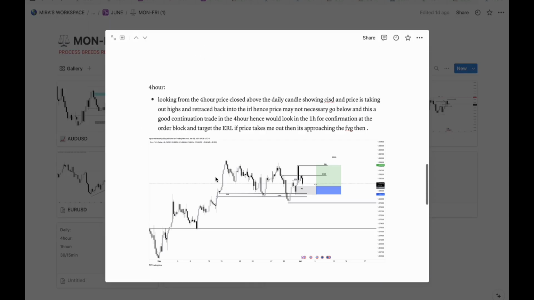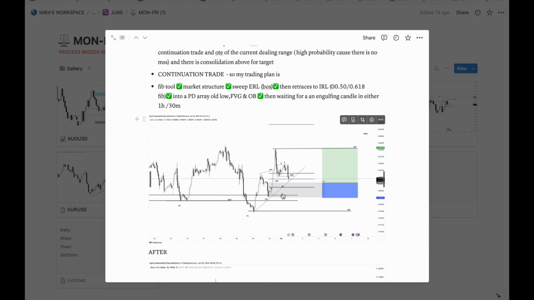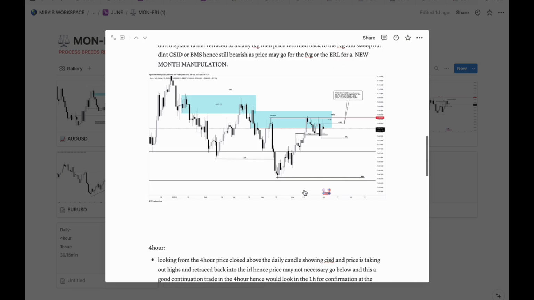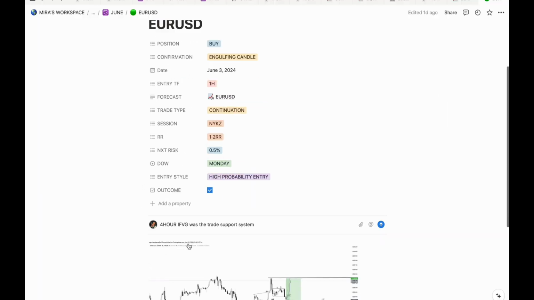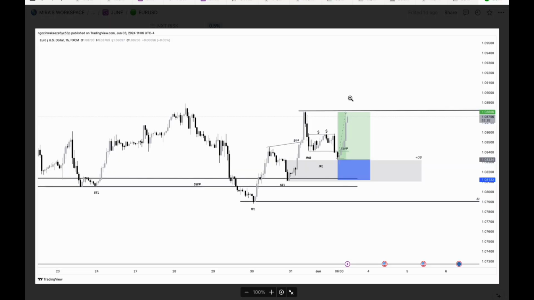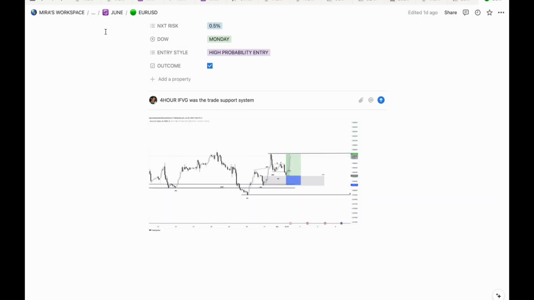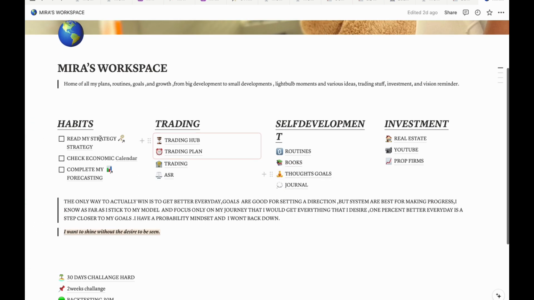Every day by 8:30 a.m. I do this after. As you can see, this was the trade I took. So if you see here, they have a backlink, and if you click it, it's going to take you to my win trade. You can go to my win trade and see that, okay, this was the trade I took that was a win. So guys, going over to the backtesting video,